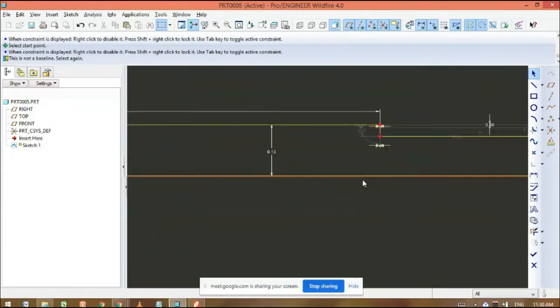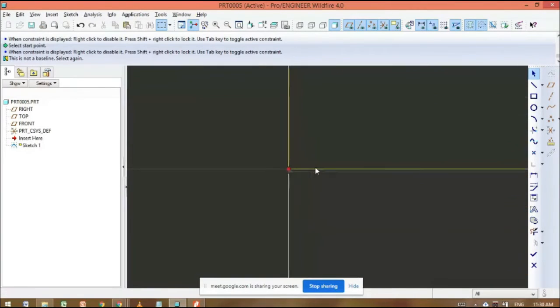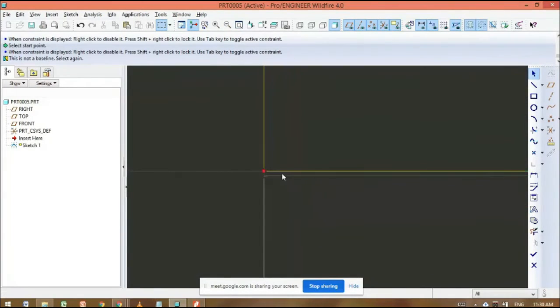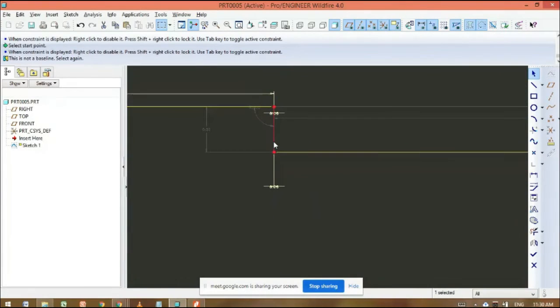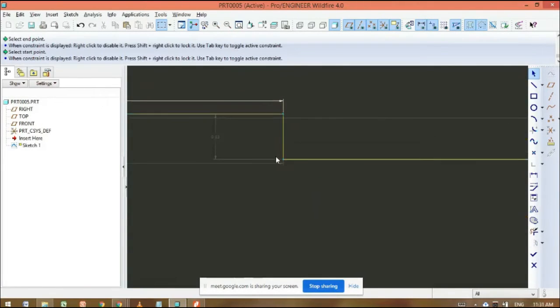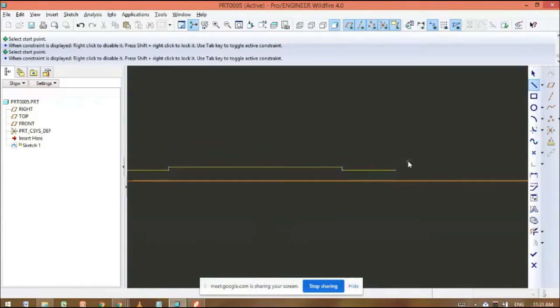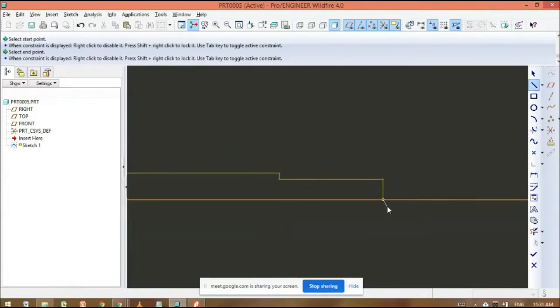Then complete this line. This red point indicates that the lines are not connected to each other. So this happens. We can delete this unwanted line. Now select the line, this point and this one. Now see, the points are connected, so we can't see red points here. Then your vertical line.